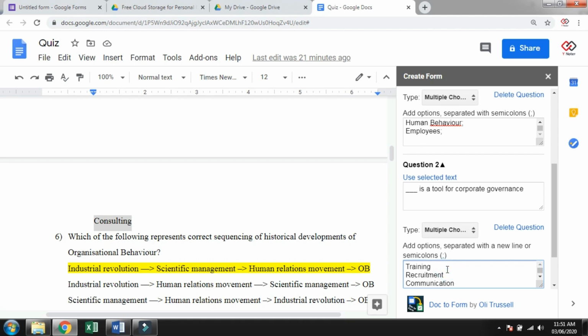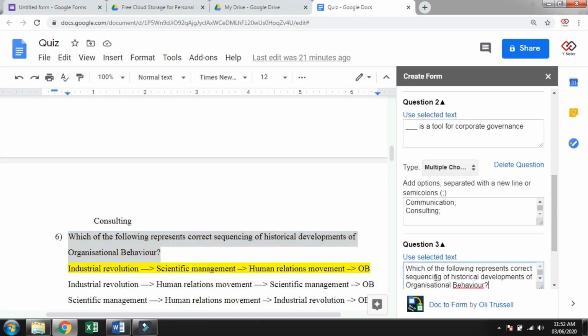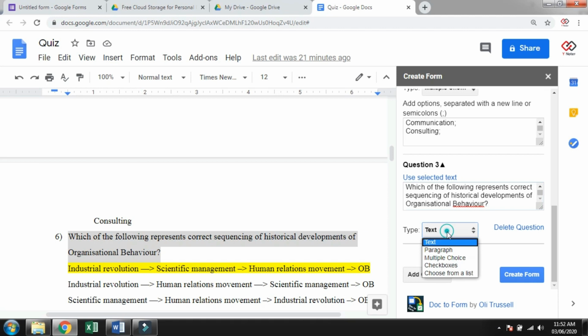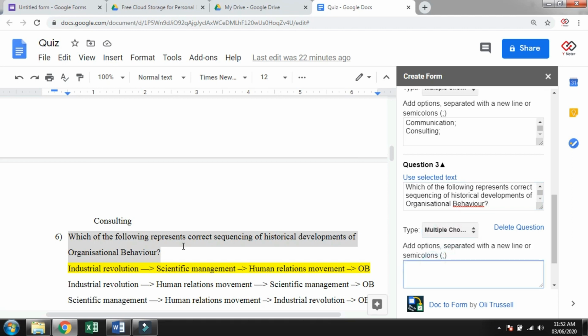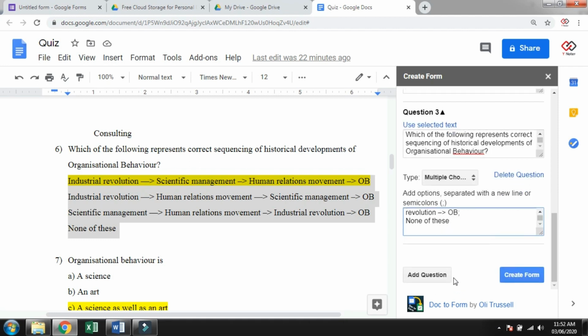We have to add the semicolons, otherwise all 4 come under only one option. Then add question, multiple choice. I'm just going to add only 3 questions, so I'm clicking Create Form.